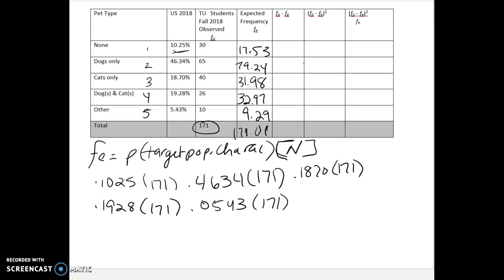All right, so the next step then is to calculate the difference between the expected frequency and the observed frequency, right? So the expected frequency is frequency based on US population proportions, and the observed frequency is the actual number of pets that students have. So we're going to do 30 minus 17.53, and that's going to give us a difference of 12.47. And then we're going to subtract 79.24 from 65, and that's going to give us a difference of negative